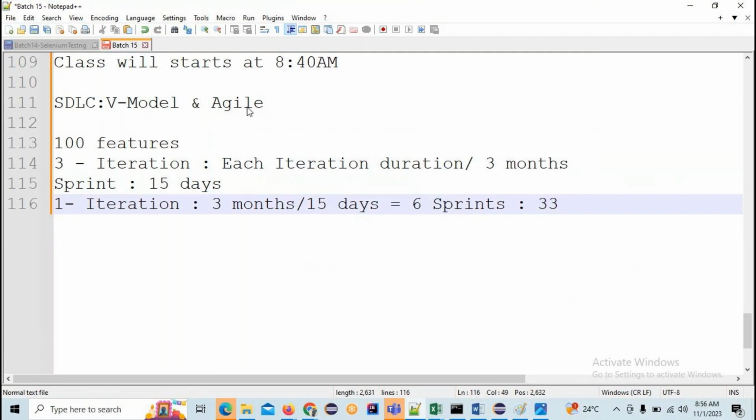33 features per iteration, right? As per the 100 features strategy, I'm telling. If I develop 33 features per iteration, for each sprint, how many do I have to complete? Nearly 5. Is it or not? Yes, sir. So here,